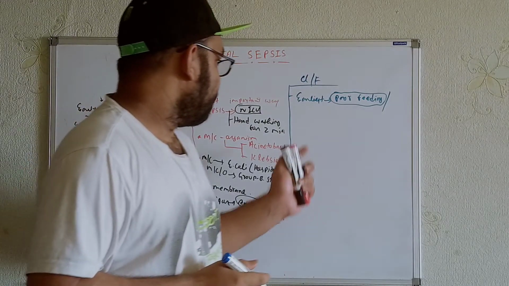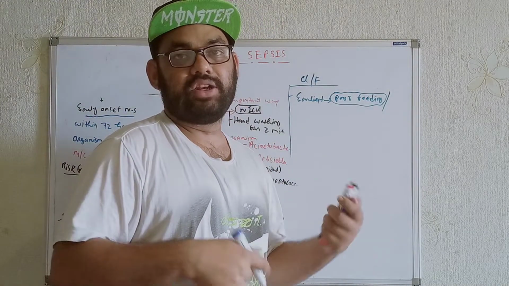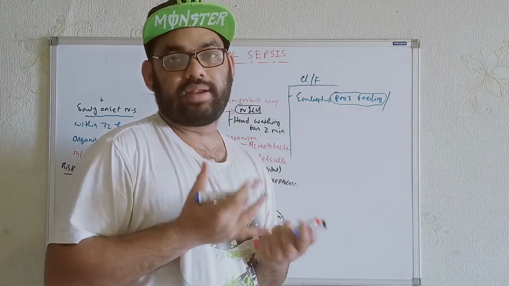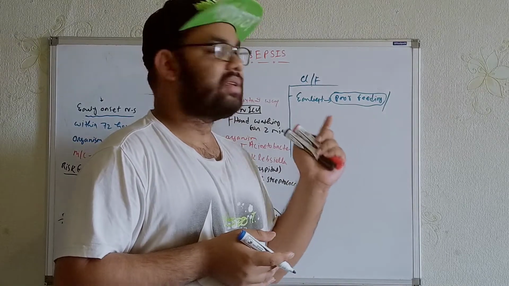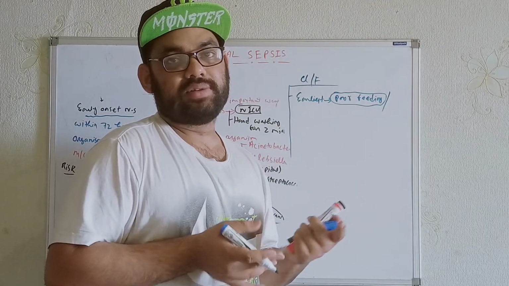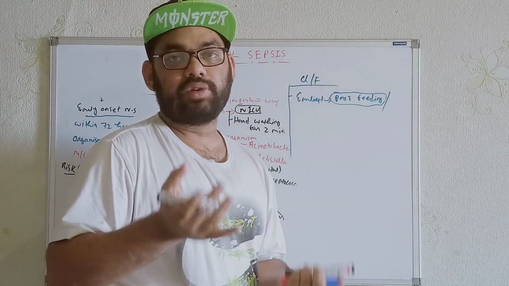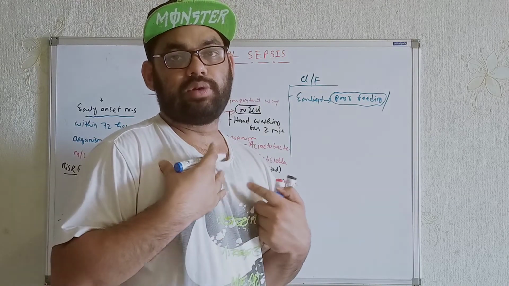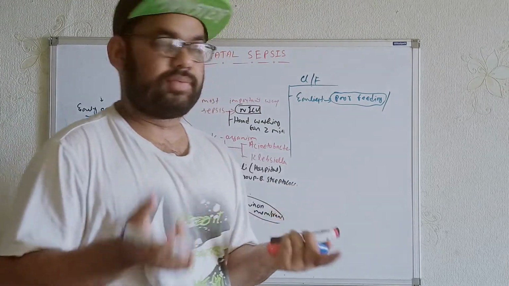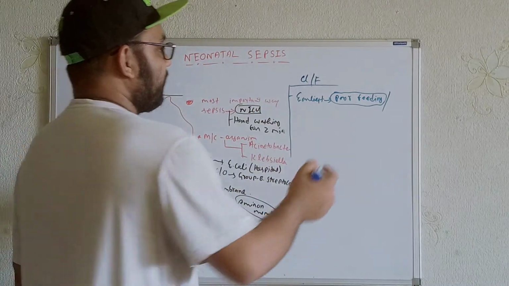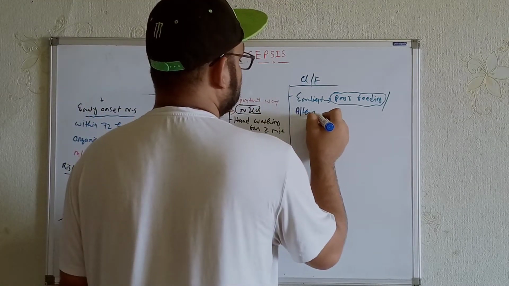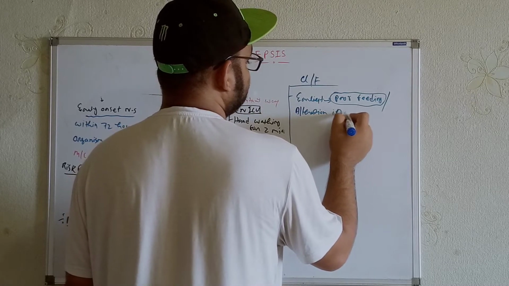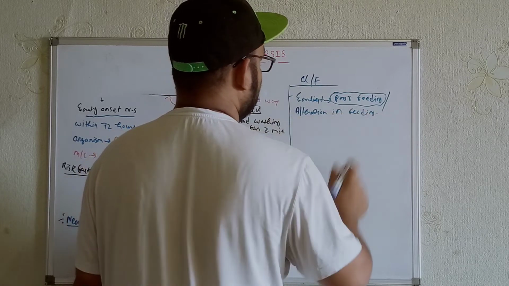For example, before getting infected, the neonates used to have enough food in terms of amount. But after they got infected, we see alterations in feeding. That means the same amount of food they could eat before, they will not be able to eat, or they would not intend to eat, after getting infections. So we get alterations in feeding here.